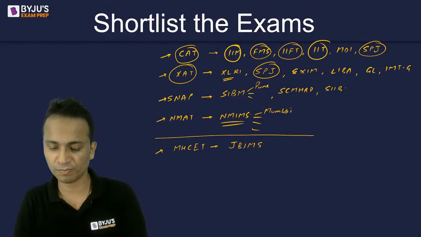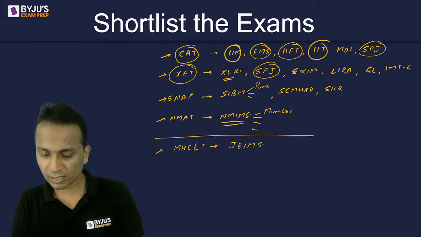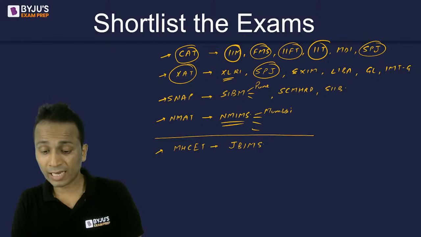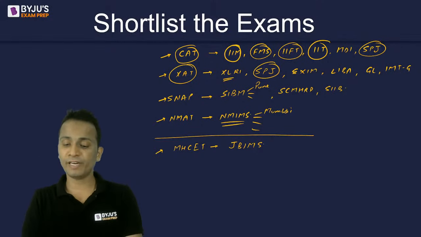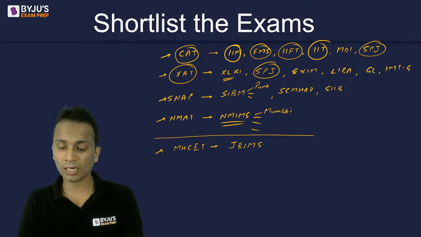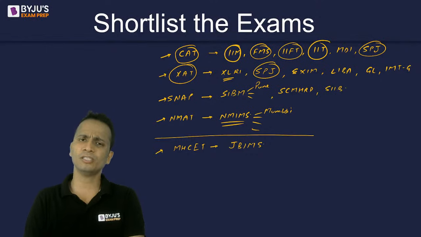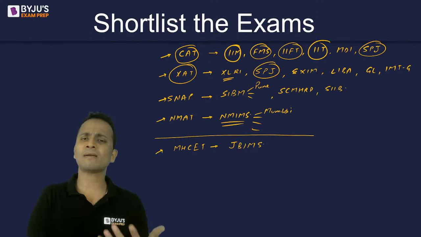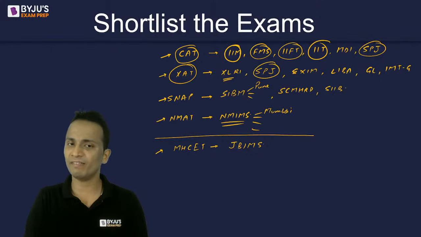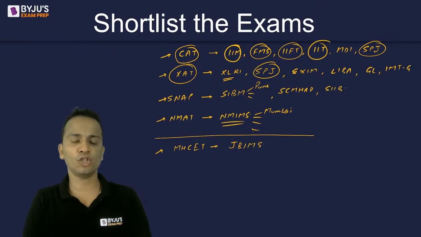MHCET examination. All right. Victor is asking, sir, collateral-free loans are available for government colleges. Will it be available for good private colleges? Like, yes, yes, yes, Victor, definitely. So, other than government colleges, if you are taking admissions in private colleges, so yes, there are bank loans which are available and you can avail those things.